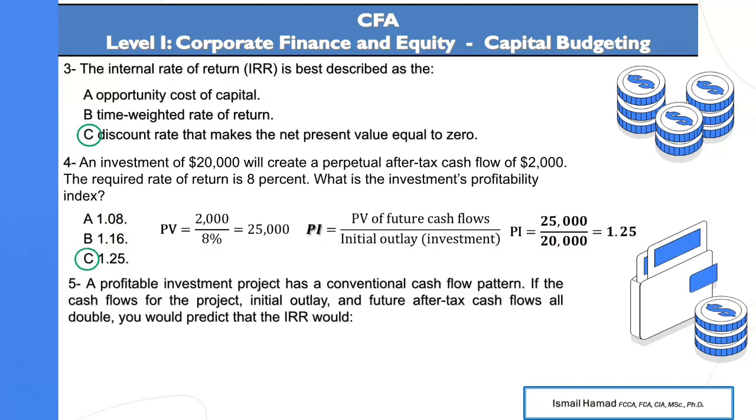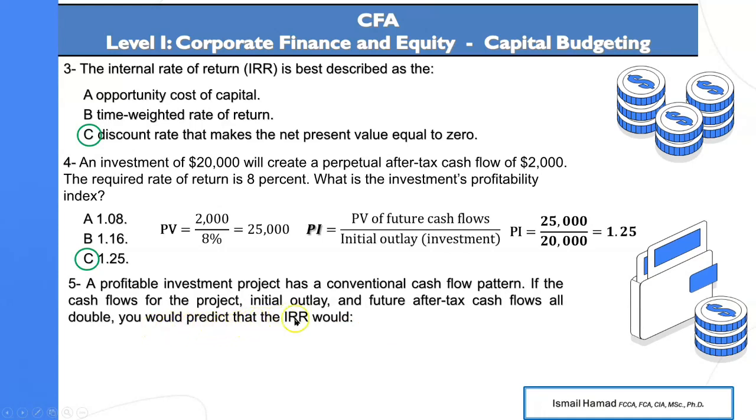Question number 5, a profitable investment project has a conventional cash flow pattern. We did mention that conventional means you start with negative, that is the initial outlay to invest in the project, and then subsequently every year we get positive cash inflow. The unconventional cash flows we get in between negative and positive. Cash flows for the project, initial outlay and future after tax cash flows, all double. That means if my cash flow is doubled every year,